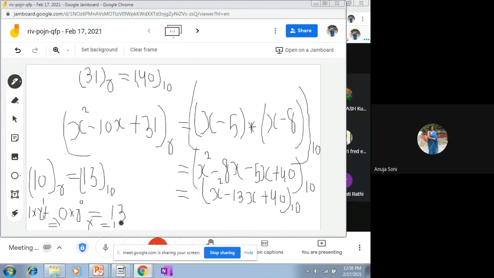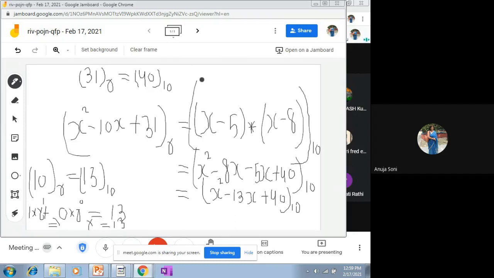So from this equation, we are able to obtain the value of r as 13. From this also we'll be able to find the value of r as 13. You can again open the left hand side, applying the same formula: 1 multiplied by r raised to power 0 plus 3 multiplied by r raised to power 1 plus 3r plus 1 will be equal to 40. Then 1 will go on the other side, that will become 39, then 39 divided by 3, so r will be equal to 39 divided by 3. Ultimately it will give you the value as 13.